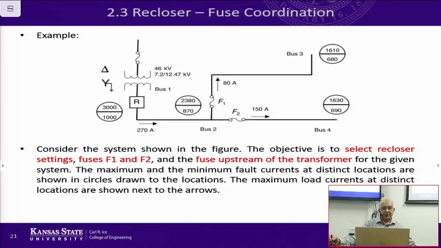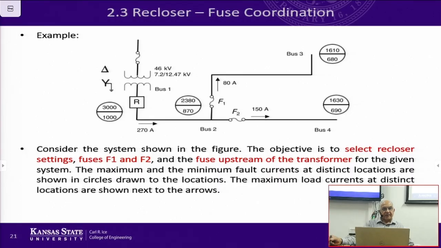12.47, 7.2, 7.2 is line to neutral. 12.47 is line to line. Delta Y grounded transformer. There's a fuse on the primary side. There's a recloser here, and then there is a fuse here. There's a fuse here, and these are the maximum and minimum fault currents at these